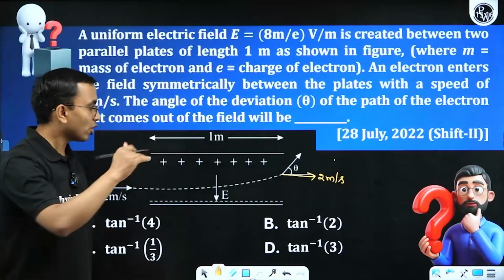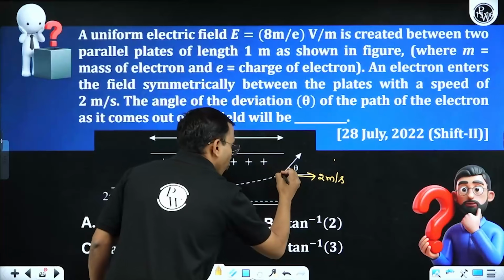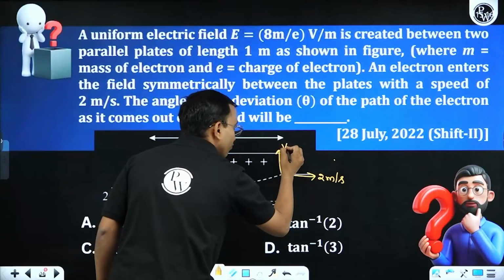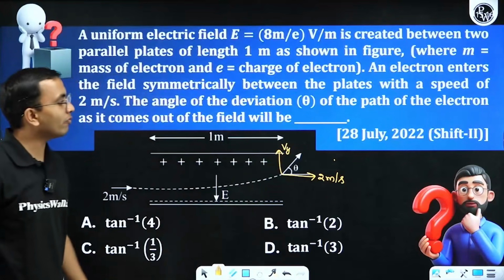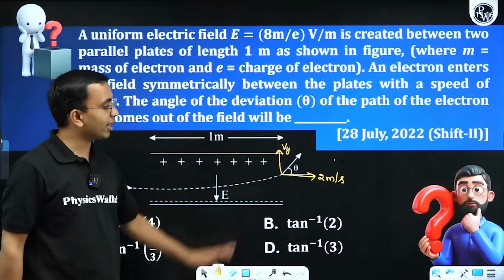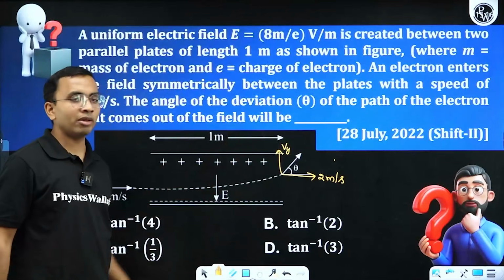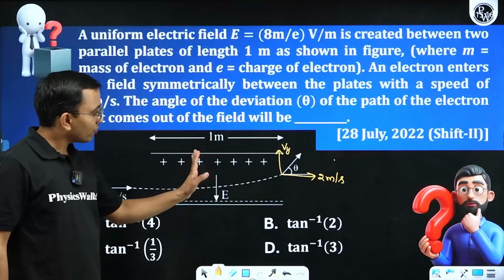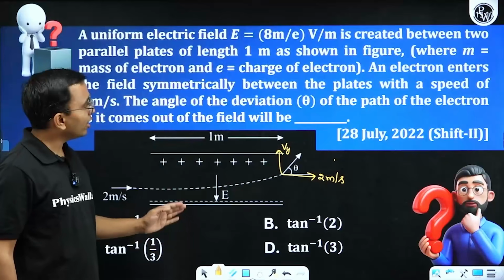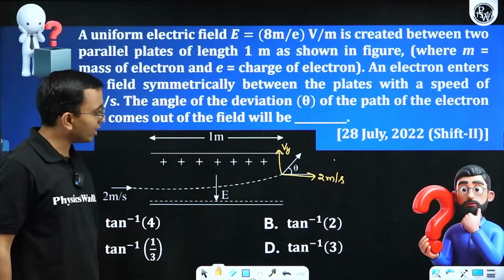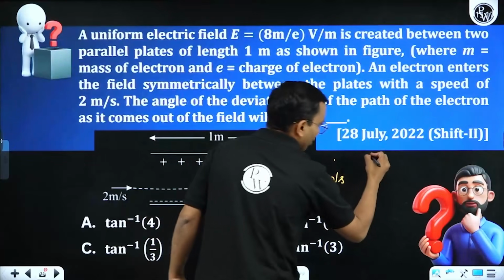That is not going to change. The only thing I need is Vy, the velocity along the y-axis. Then I can find theta, because tan theta I can say is Vy by Vx simply. So what is Vy? How to write that? First of all, let us see what is the acceleration in the y direction. So if I write the force,